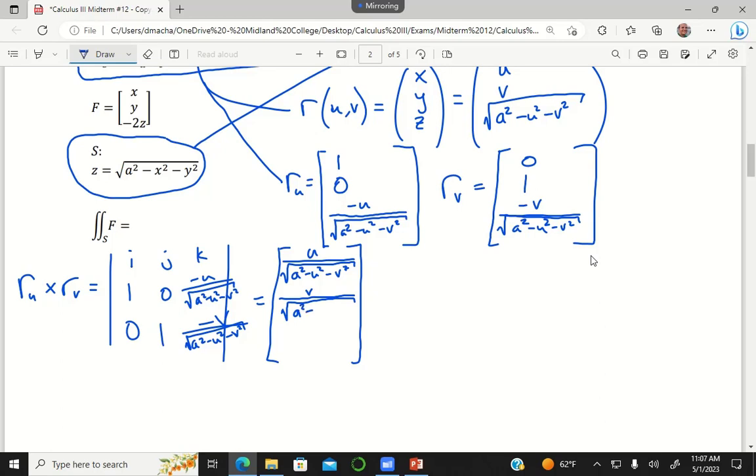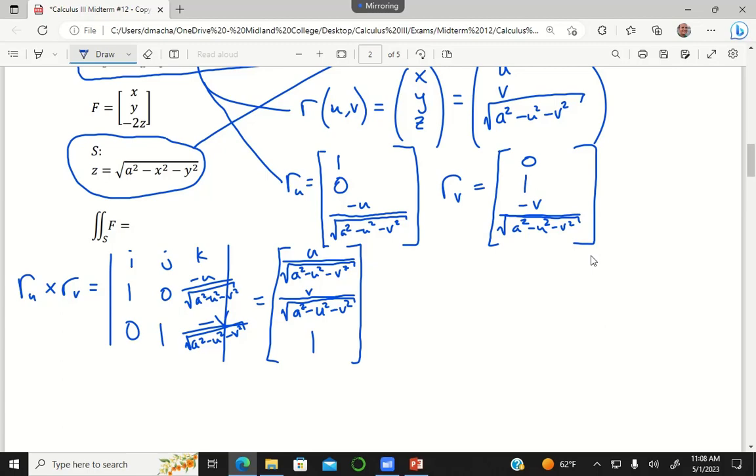Today Gabriel has redeemed himself and he's getting all the minus signs correct. That's a lot. I'll get it a time. And then, okay, and then what's the last entry in my cross product? Just one, yeah. Okay, and